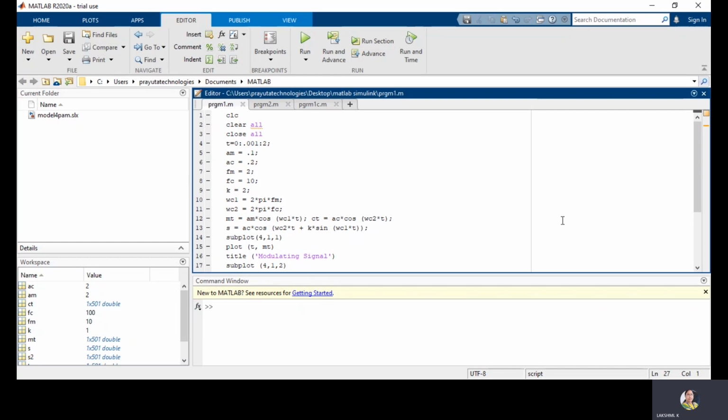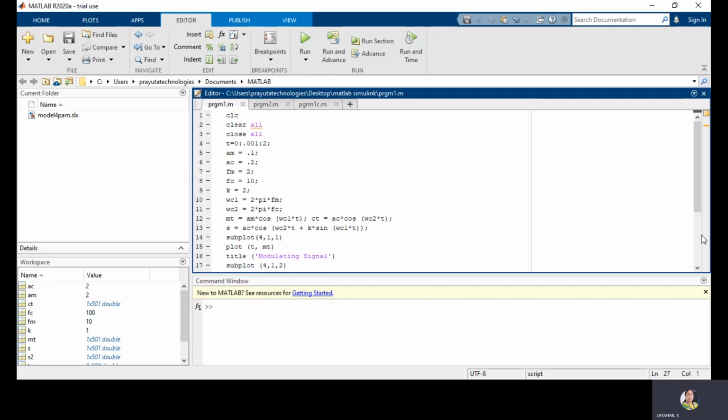Next, in order to observe each and every signal in MATLAB, we have the commands subplot and plot. Why are we using subplot? Because in order to observe multiple images in the same figure window, we use subplot. The first two indices represent the size of the figure window. So 4, 1 is the size of the figure window, that is 4 by 1, 4 rows and 1 column. That means we can see 4 figures at a time. In the first figure, I want to see the message signal, so I plot t comma m, and I am indicating the title.